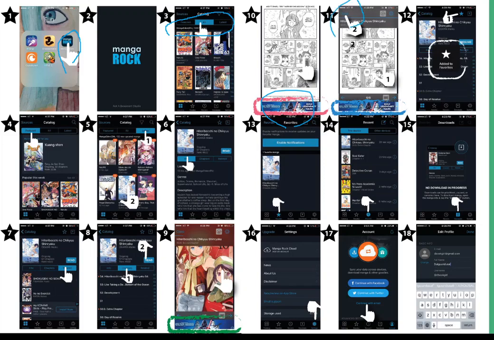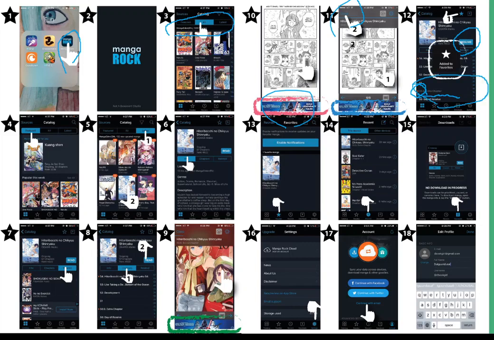And you can see the resume button here, and the progress of how much you've read. I think you see that it's a red dot. It's a progress bar: how much you read, how much left to read.